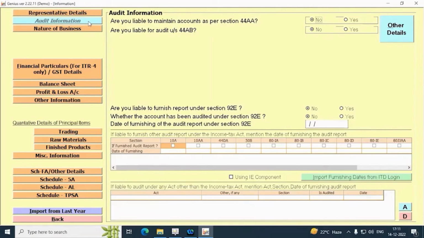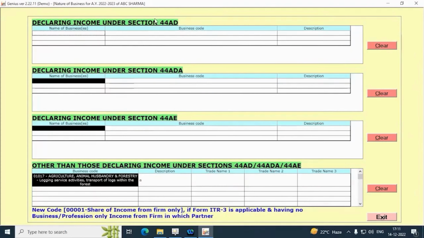Next tab is Audit Information. Here you will fill the audit related details like 44AB audit details or 92E audit details or any other audit details. You can fill the nature of business, whether under section 44AD or other than section 44AD, under the tab Nature of Business.